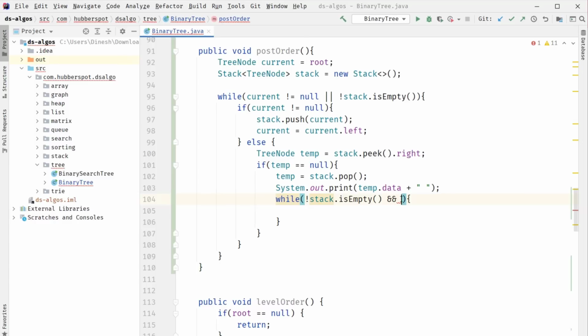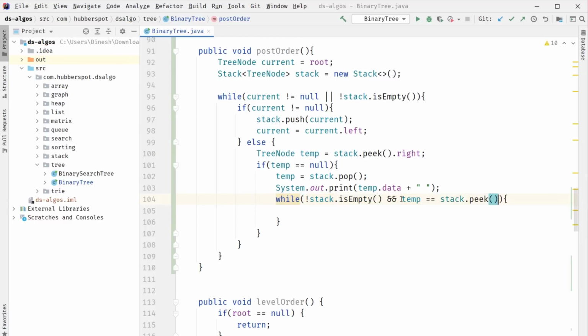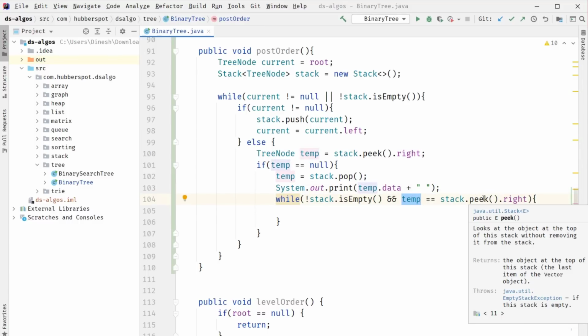So here we need to provide one more condition as: if temp is equal to stack dot peek dot right. So this condition signifies that whatever the peek value is on the stack, it would be the parent of temp. And if its right value is equal to temp, it means the temp is on the right side.